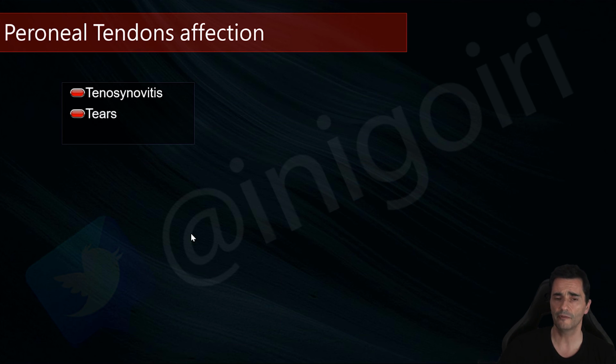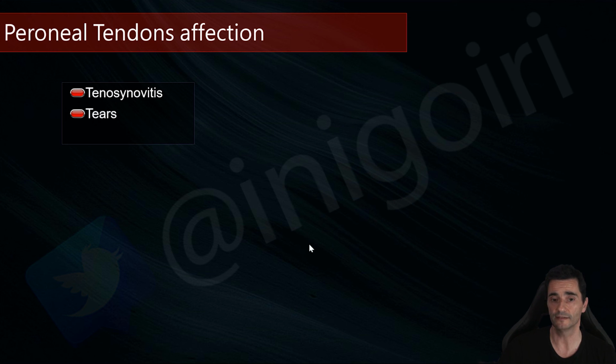But there are other pathologies like tears of the tendons or instabilities which are related with the sprain. Maybe because the sprain causes this pathology, or maybe because this pathology was here but was not symptomatic, and the sprain makes this pathology begin